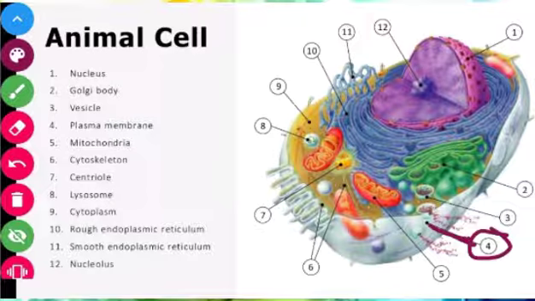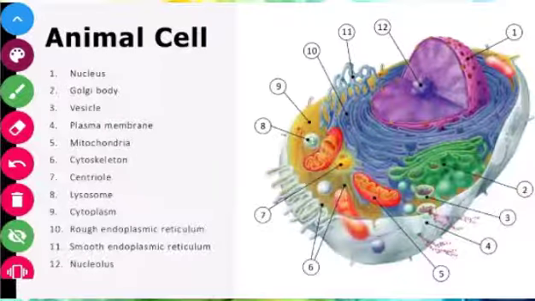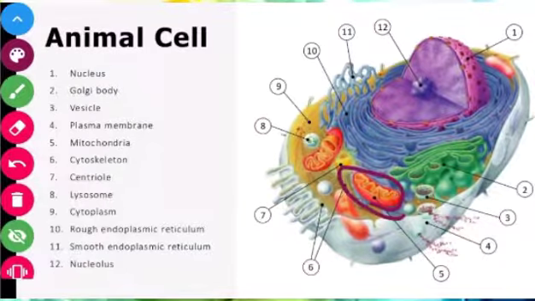Okay, and let us move on to the next, that is the fifth part, that is mitochondria. This is mitochondria. Its function is to give ATP, energy. And it's also called the powerhouse of the cell. Okay, and let us move on to the sixth part, that is